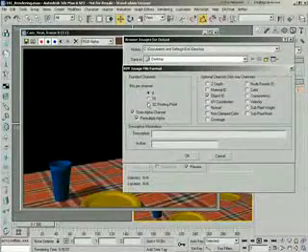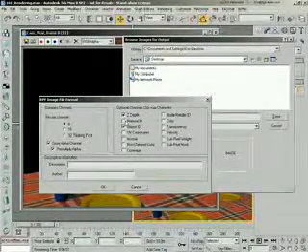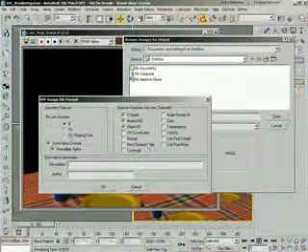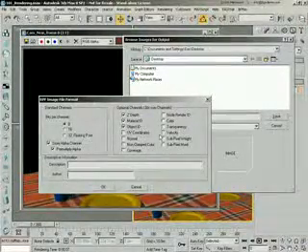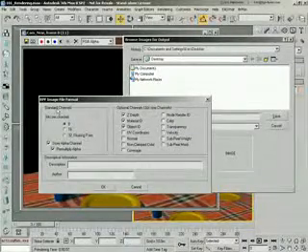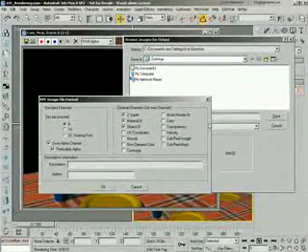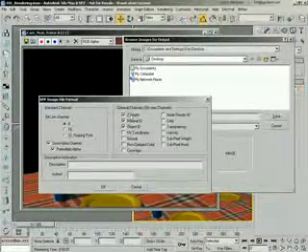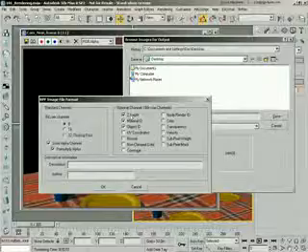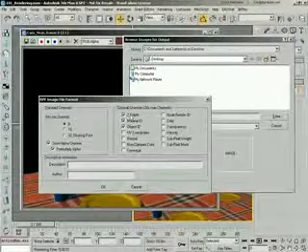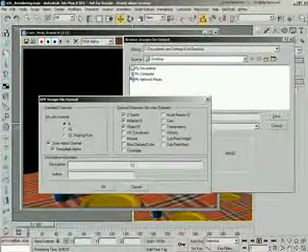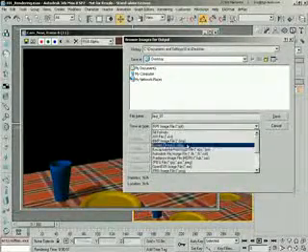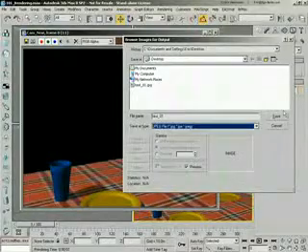Now RPF allows you to specify all of these different channels, all this extra, supplementary information. You can then take this RPF format and bring it directly into packages like Combustion and use this information, such as the depth, to do some really nice motion blur or fog effects, or just do some really cool compositing tricks. So what we're going to do in this case is we're just going to use our JPEG,